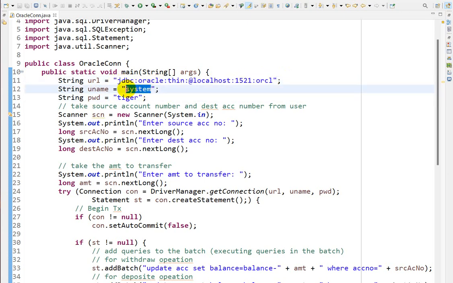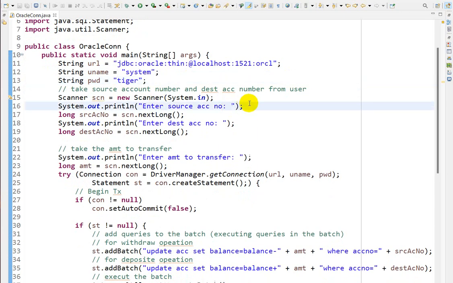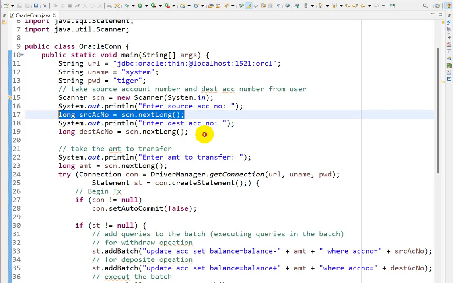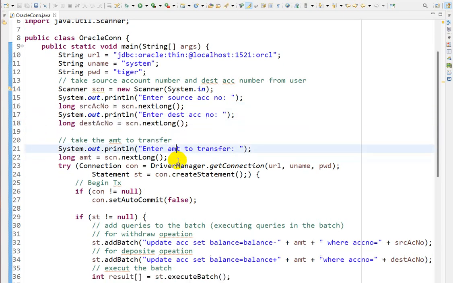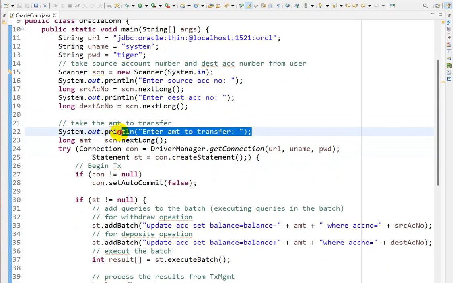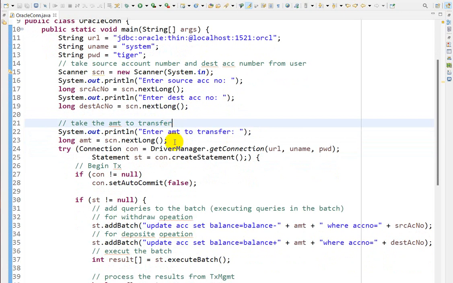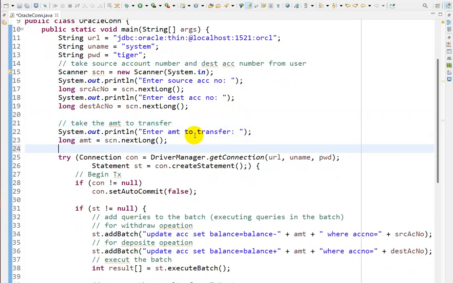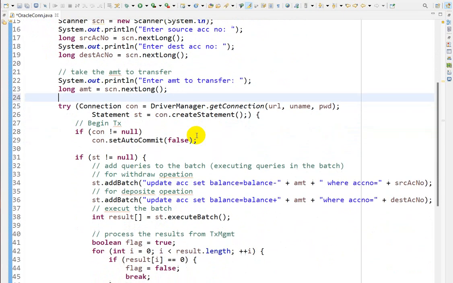Then username and password, which is common. Next, we are taking the source account number, meaning your account number, and the destination account number, meaning your friend's account number. And next is entering the amount to transfer, so here we write the amount you want to transfer to your friend.